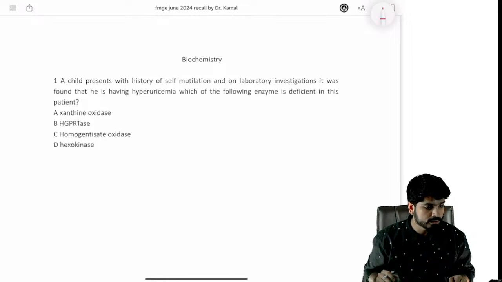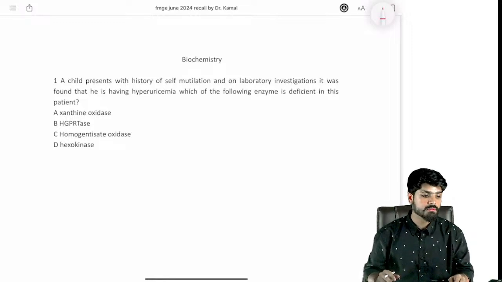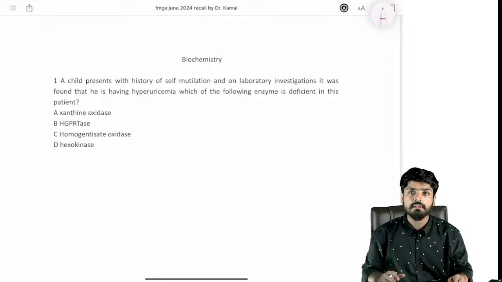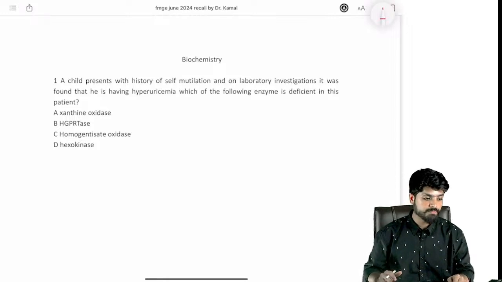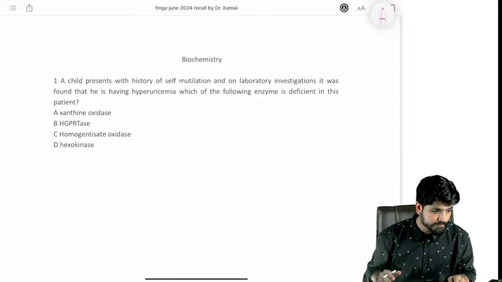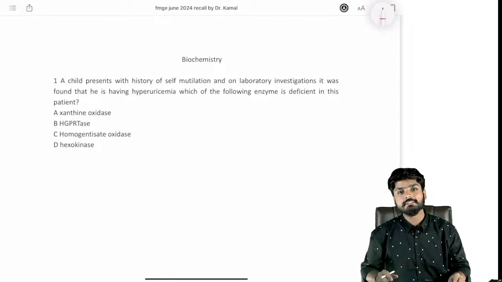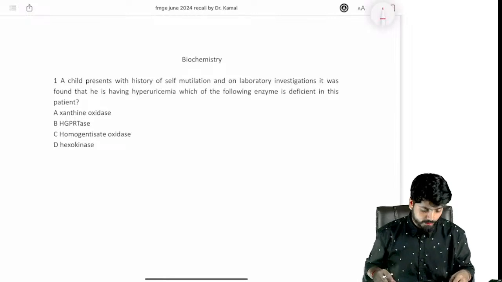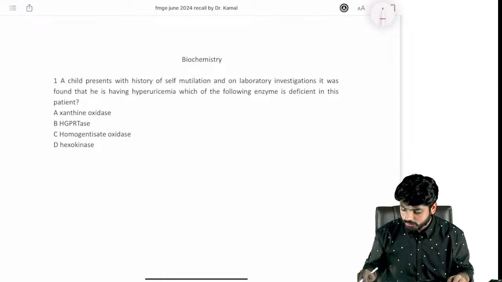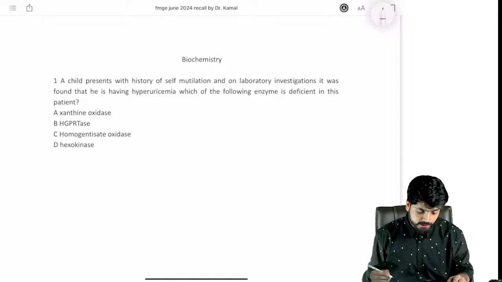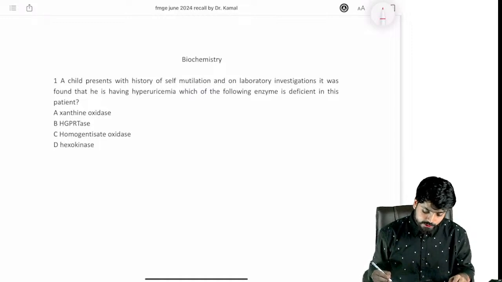Just give me a cheers in the chat if you are able to hear me completely and you can see the screen properly. Yes, I already started getting answers in the chat. Okay, so I'll begin with the first question. Yeah, definitely, as we can see in the chat, someone has already answered what the diagnosis is over here.